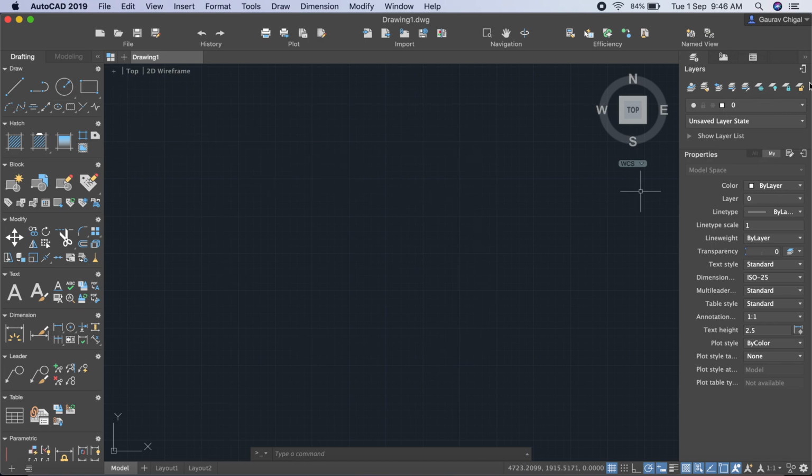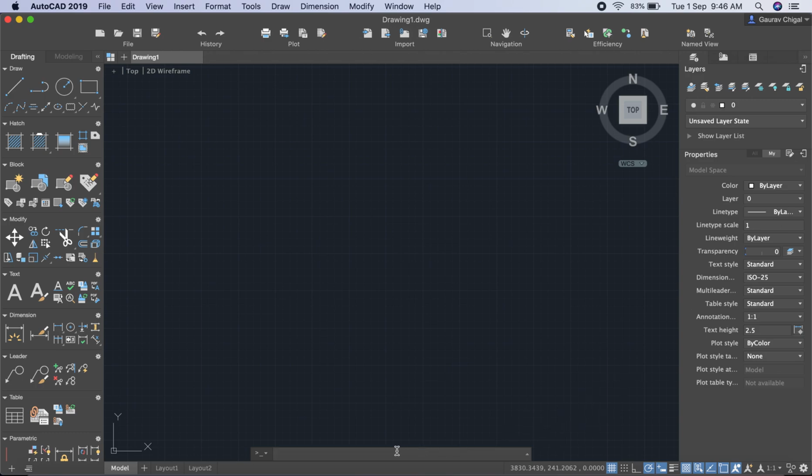So these commands are used to draw your entity or object on this black screen. On the right hand side of this software screen we have our layers toolbar. Now layers bar, or you can say layer command ribbon, consists of properties such as color, layer, line type. Now if you want to change any property of any entity, whether it's a line, circle or anything on this software, you change this from these options. So we have a number of options here, like line type scale. If you want to bold the line structure, then you can use this line type scale. So you can change any property of any entity by this ribbon bar here.